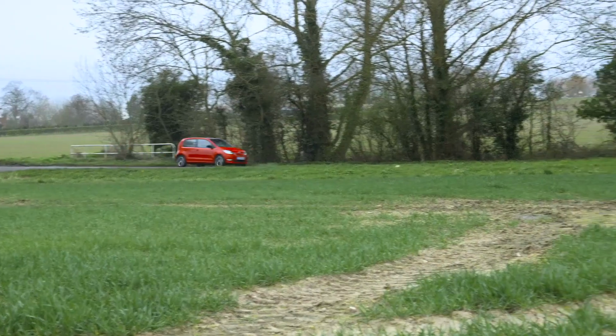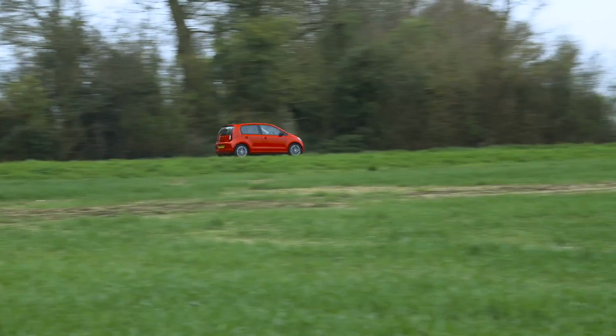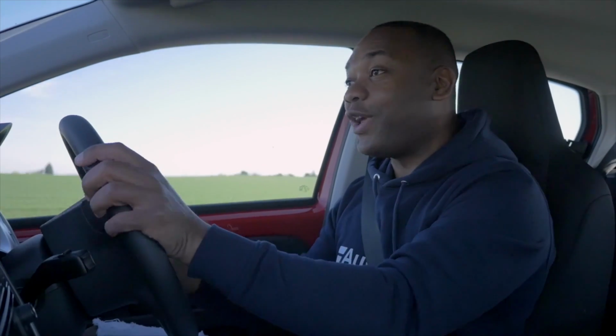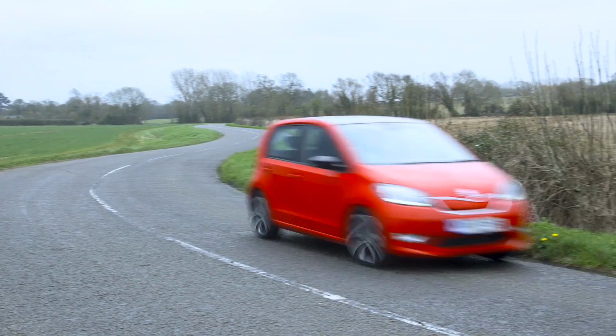I wasn't expecting much from this car, but it's actually really good. It's a really fun thing to drive. The main thing for me is the low center of gravity. The batteries are located quite low down in the car, and that means that it's not very top heavy. So you can actually bung it into a corner at quite ludicrous speeds, and the Citigo-e just maintains its composure